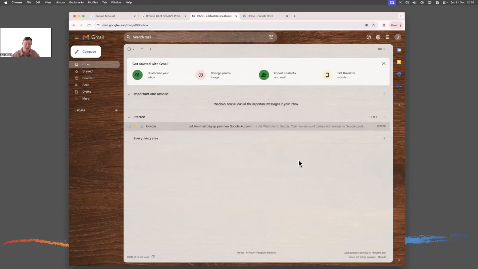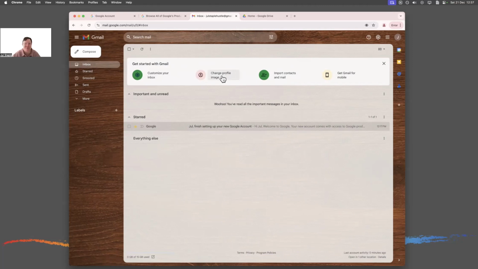Because this is a side hustle email at this point, I don't think it'd be worth importing any contacts at the moment. You can also get Gmail on any of your devices. The iPad app is actually pretty good and user-friendly. So the next thing we need to do, or I like to do, is to change